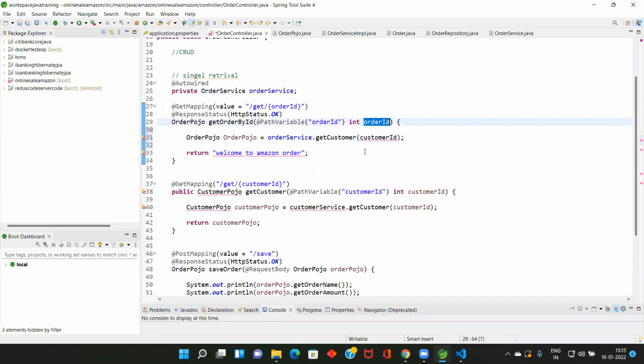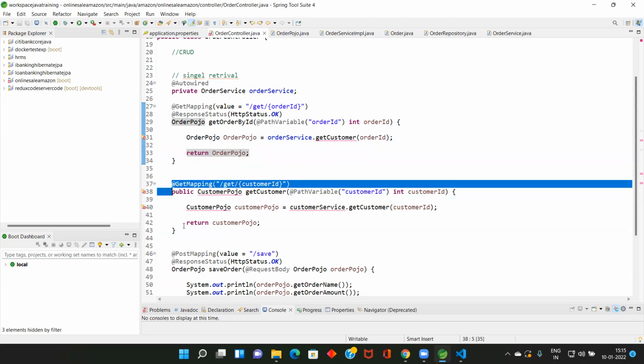Get customer order ID. So here OrderPojo, here OrderPojo. Okay, now get mapping value: value equal to slash get order ID, OrderPojo, path variable. This is not there. Other things are there.